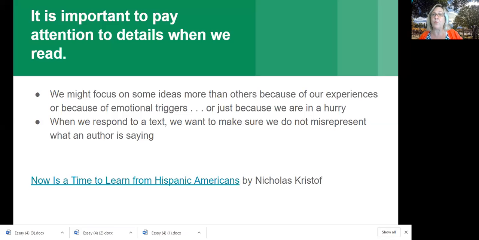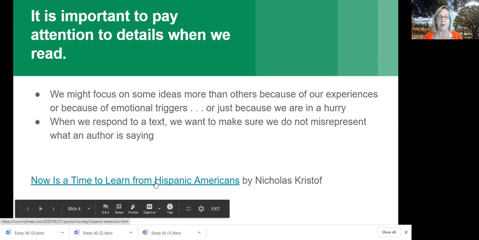And so we might miss that very important main idea that Koenig is making. The other thing, the reason why it's important to pay attention to those details is when we respond to a text, we want to make sure that we don't misrepresent an author's ideas, what an author is saying.